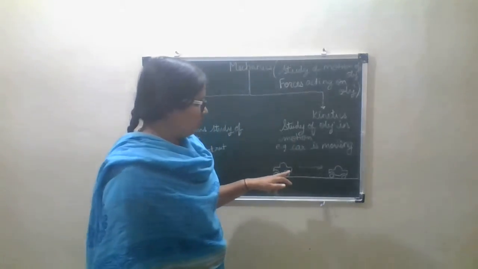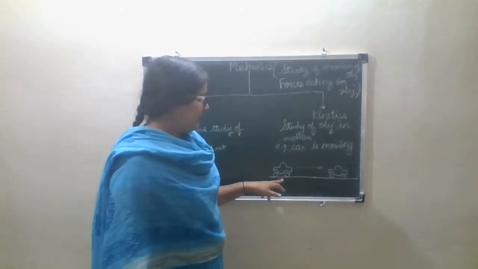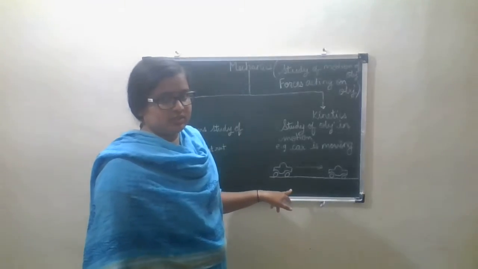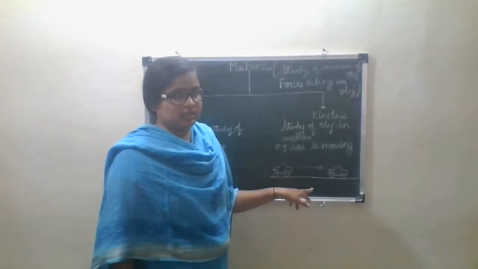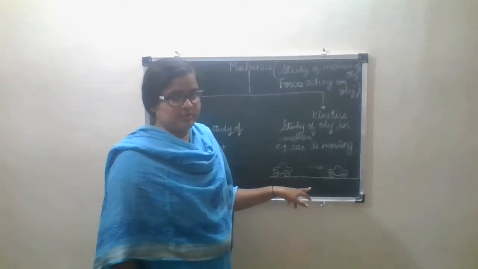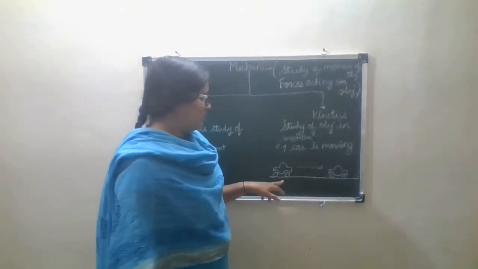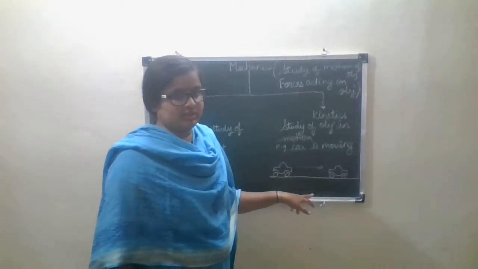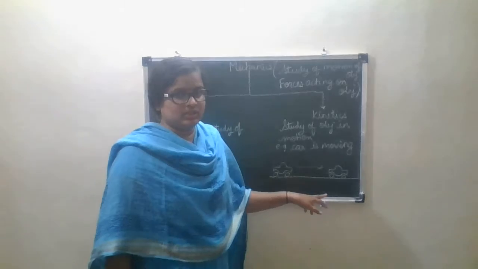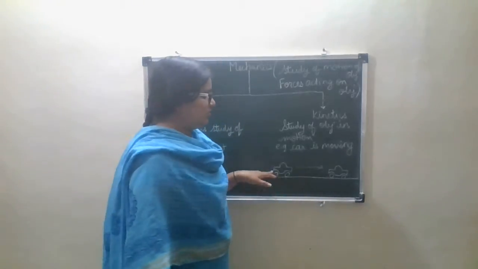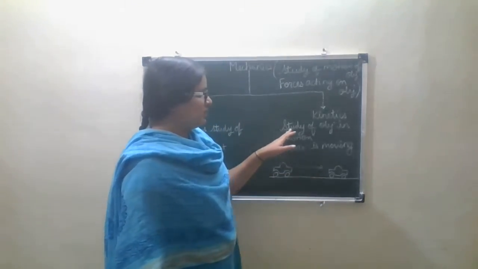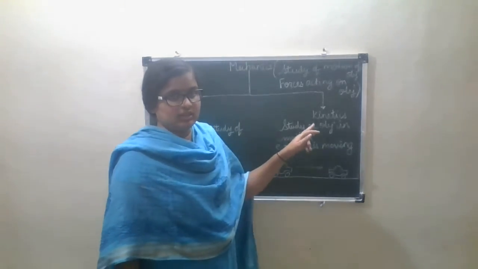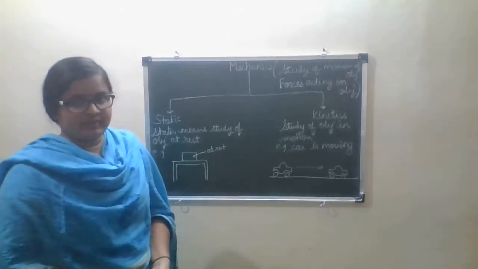Example, a car is moving. Suppose the car is at rest in the initial position while it moves. After some time, at every instant it increases its speed, and after some time it covers some distance. If, suppose, in 5 seconds it completes some meters of distance, it means it's moving. So the study of an object in motion is called kinetics.